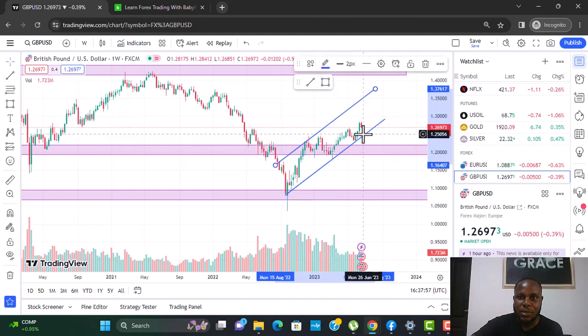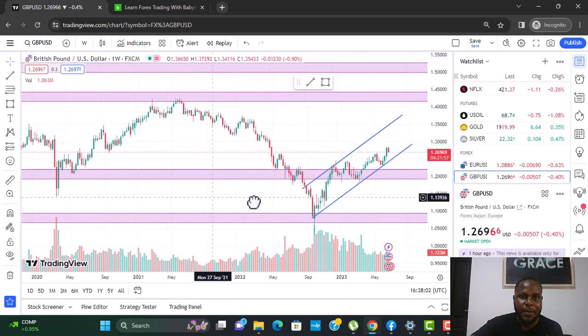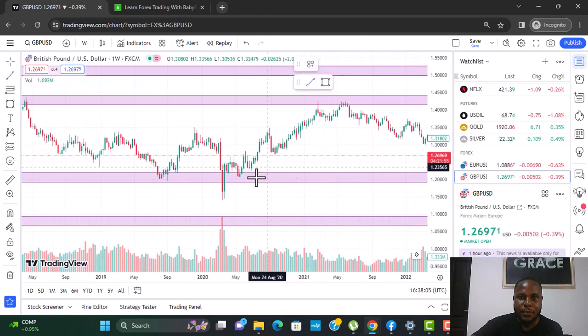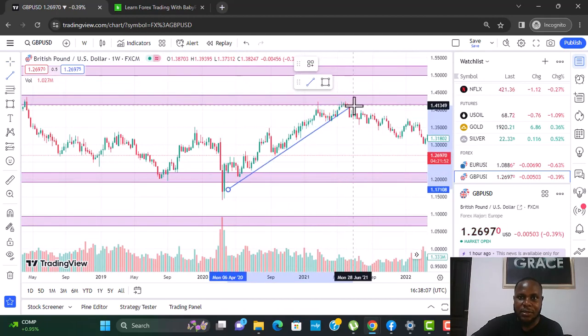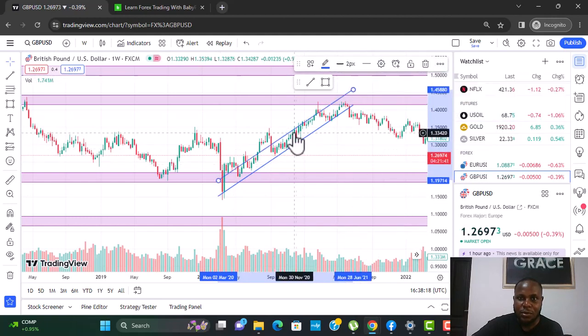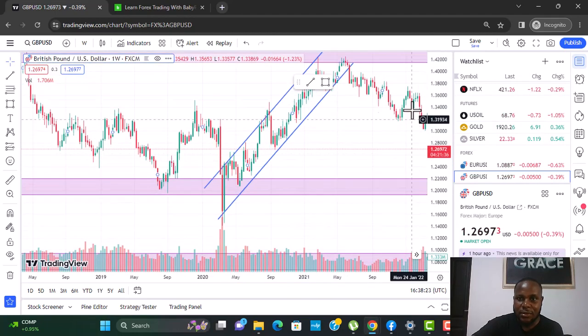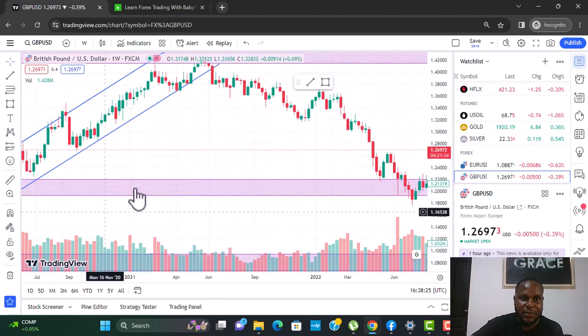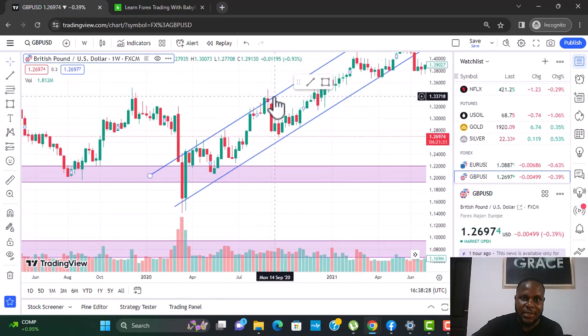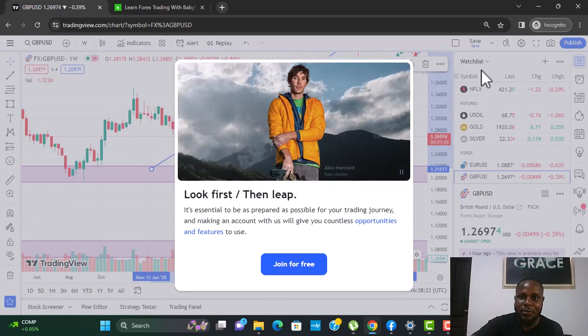So anytime it comes closer to this point, you'll be expecting that this is a key area of value. Similarly here in this uptrend, the trend line will guide the movement of the market. So if I put the trend line below and above, it forms what is known as a trend channel. So you see now, in this trend channel, guys, it's important to note that the market will most likely, if you want to enter for a buy, I hate when this thing is doing this. If you want to enter for a buy,